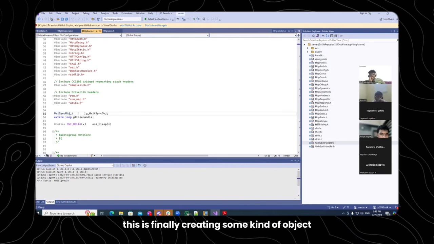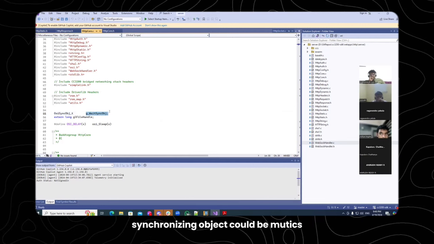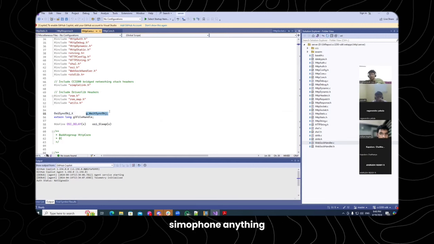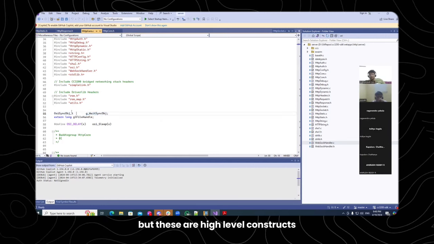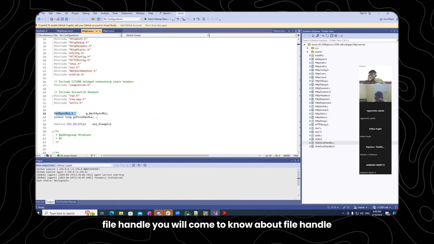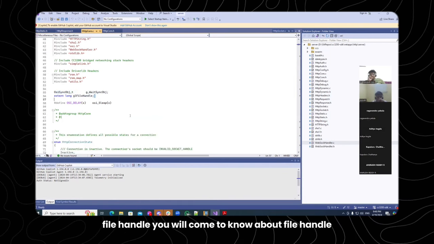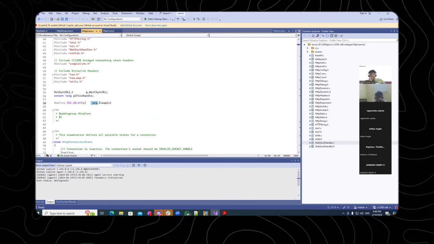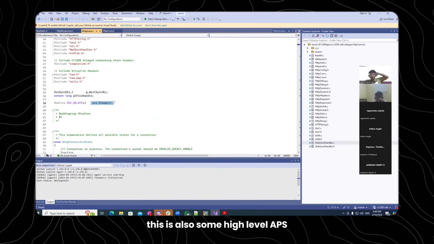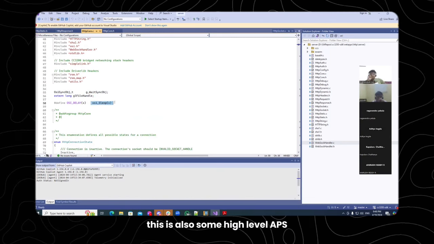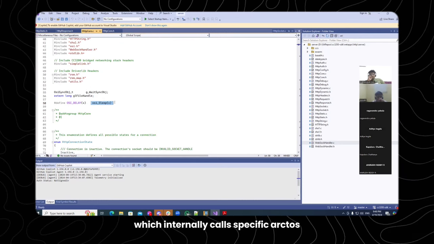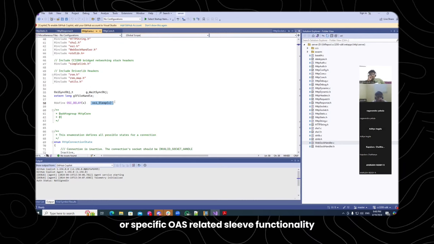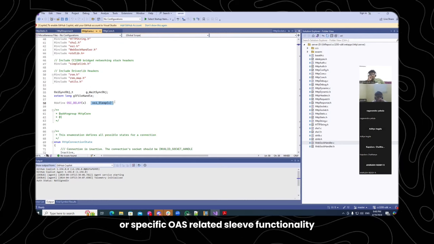This is finally creating some kind of synchronizing object, could be mutex, semaphore, anything. But these are high-level constructs. File handle, you will come to know about file handle. This is the delay. This is also some high-level APIs which internally call specific RTOS or OS-related sleep functionality.